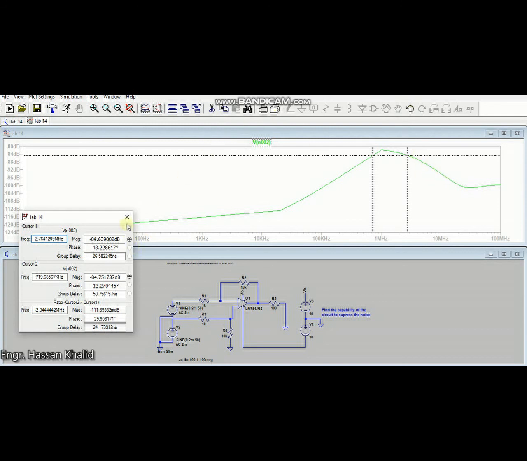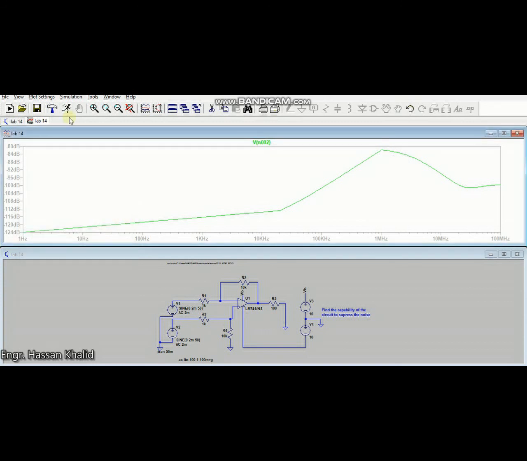So that was all about today's session. So I hope that you have clearly understood the whole functionality of this differential amplifier, and if you have any confusion,